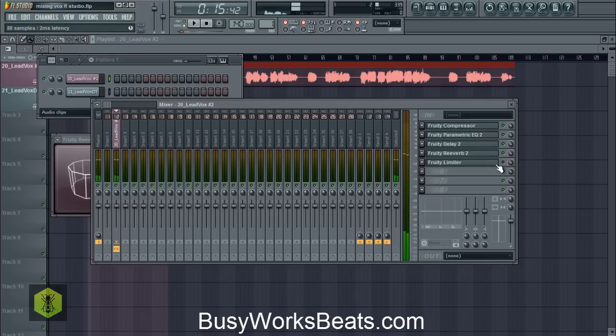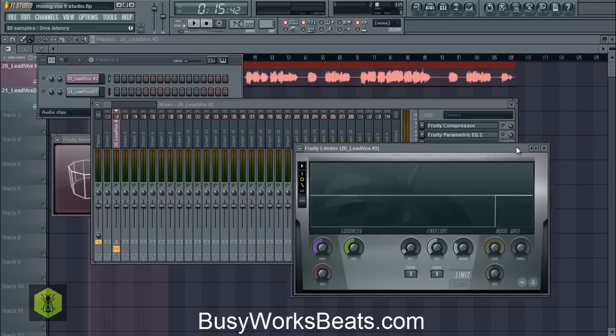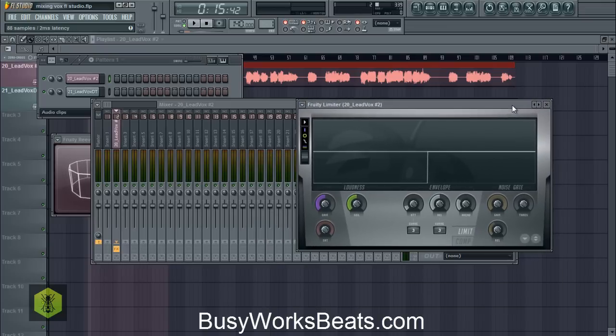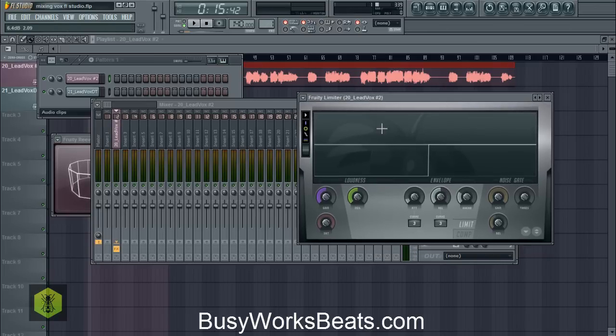Now the last step to mixing vocals using FL Studio native plugins is to add the Fruity Limiter. What this is going to do is pull up the vocal to become as loud as it can be, and basically even out the signal a little bit. All we're going to do is set the ceiling or the output level, and then we're going to boost the gain to make it sound louder. So the ceiling we're going to put at -1 for this vocal, and then we're just going to push the gain up a little bit.